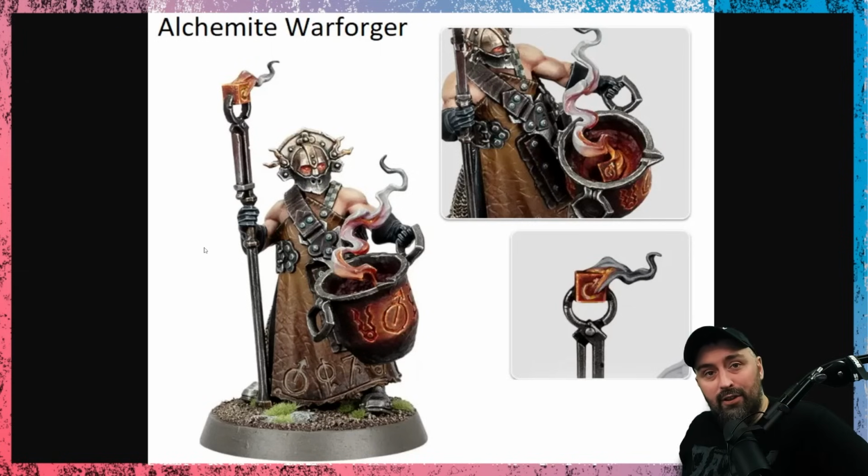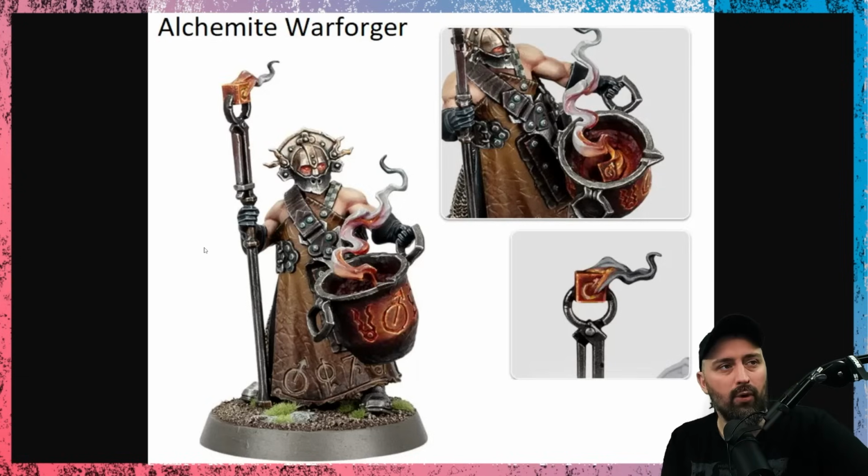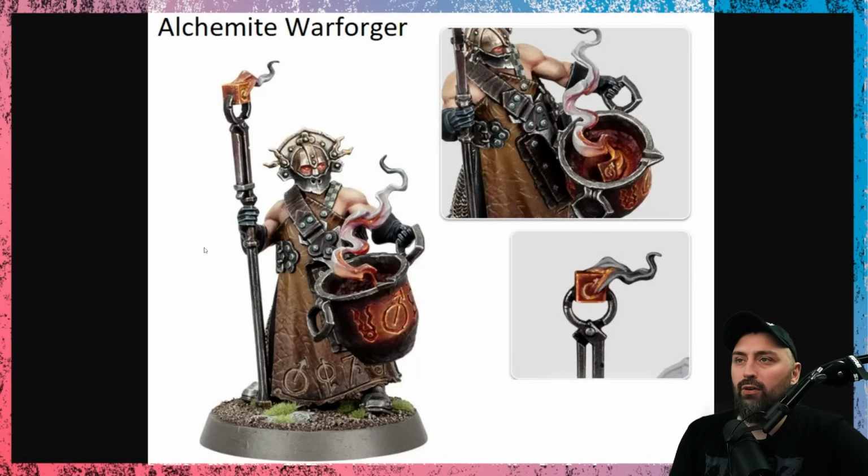For Cities of Sigmar, the new release is the Alemite Warforger, and this is a toughie. Because I think Zodric Anvil Smasher is a good counterpoint to look at when it comes to a character. And the Alemite Warforger has all of that world building built into the miniature. He's got the flaming pot. He doesn't really say wizard to me, which he is a wizard, which I find kind of odd. He does literally look like he's someone doing forgery. But then I guess the blazing eyes, the helmet,